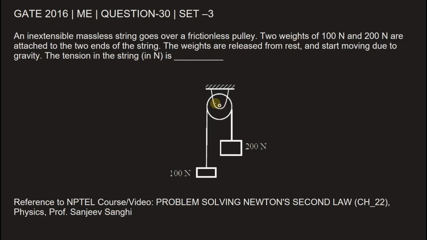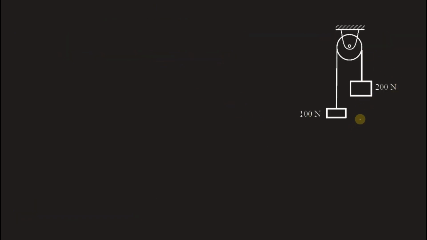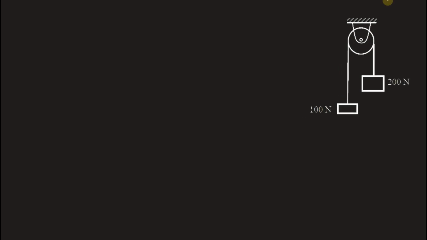Let's look at the system. Now, if the weights are moving due to gravity, 200 Newton is going to pull the 100 Newton up. This weight will come down and this weight will go up. As the string is massless and inextensible, it cannot stretch. When 200 Newton moves downwards, because this is the heavier mass, 100 Newton will move upwards